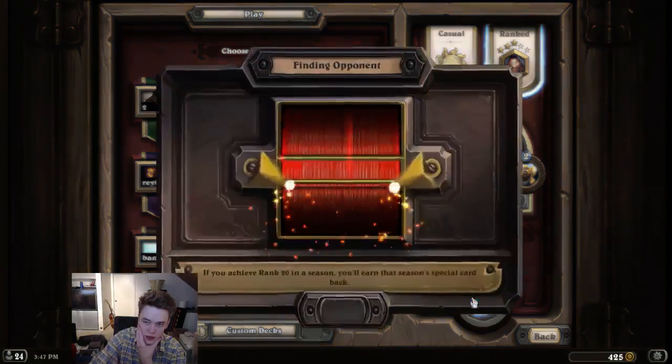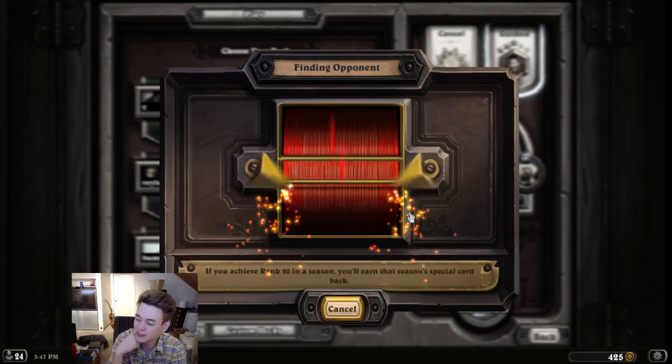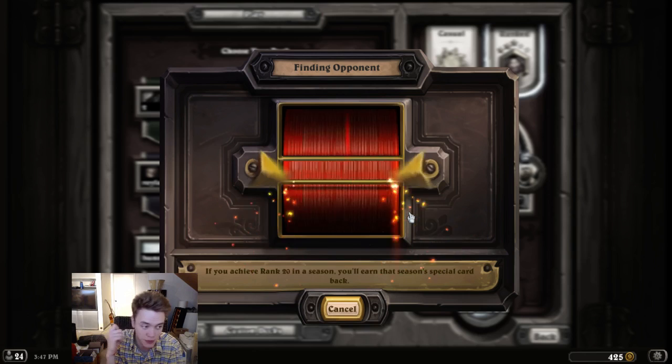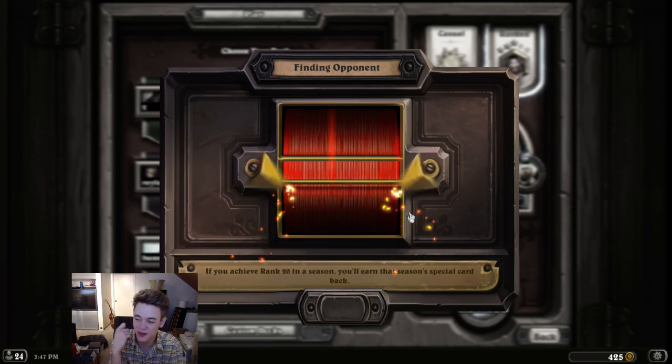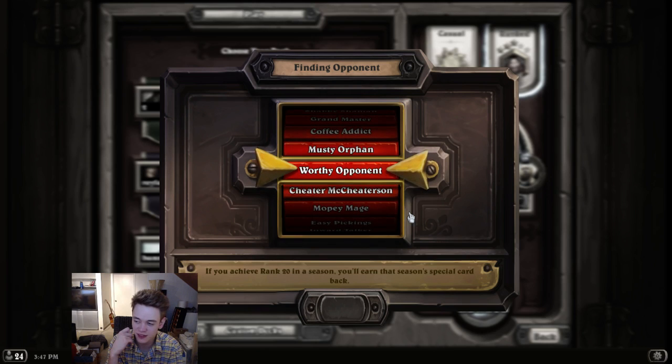I went ahead and switched to NA because I realized that my Europe account is still at rank 16. I haven't played a lot of ladder yet this season. Been mostly testing off of ladder with teammates in my free time. I have a feeling I might drop a couple stars. I don't know how good this deck is on ladder. Maybe it's great. We'll see. Anyway,